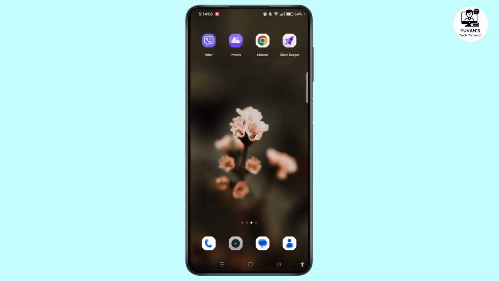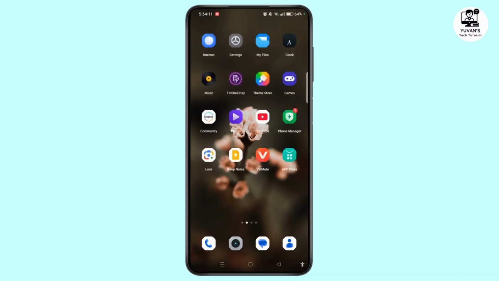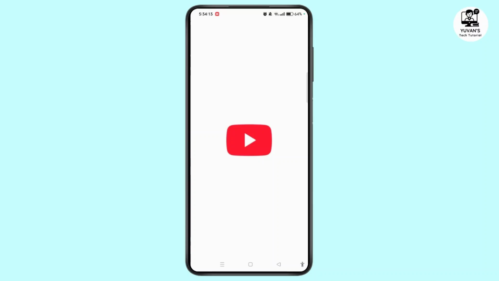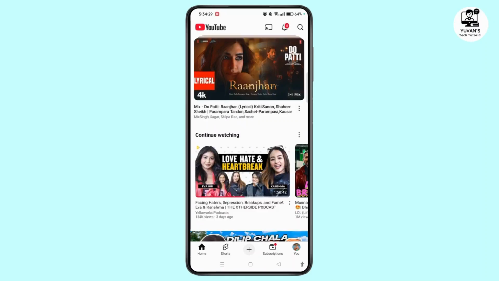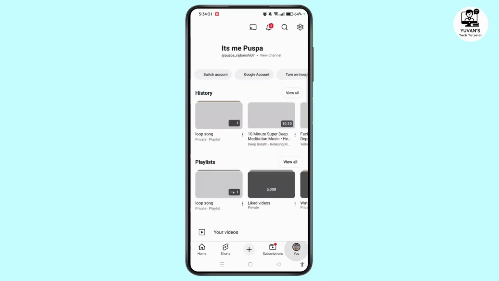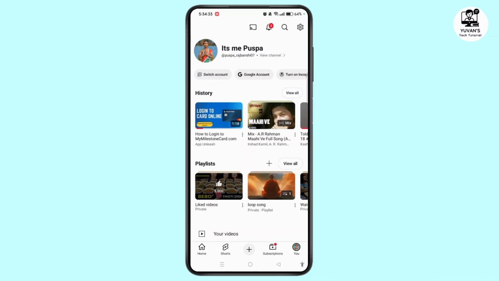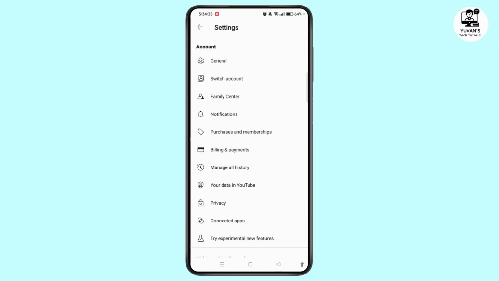First of all, launch YouTube application on your device. Log into your account. Now tap profile icon at bottom right corner of the screen. Head towards gear icon at top right corner of the screen. Now choose the option for try experimental new features